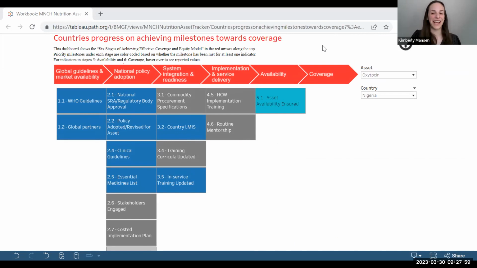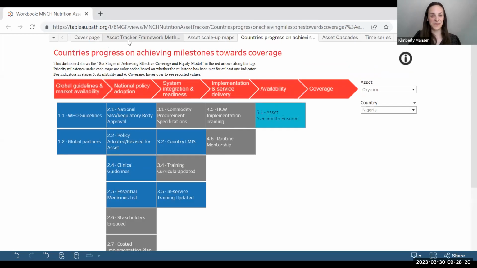So the follow-up challenge question, just to finish us off before I hand it over to my colleagues. If you wanted to compare policy guidelines for oxytocin in Nigeria with nearby Burkina Faso, what would be the easiest way to do that? So we're thinking cross-country comparison. So I'll just quickly share where I would go. And once again, you can find it in different ways.